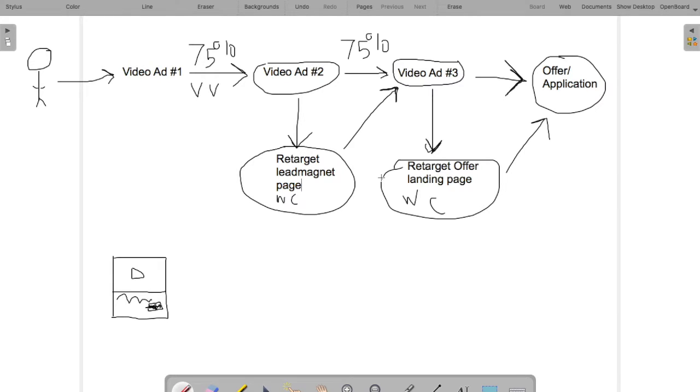So let's talk about how to maximize this video funnel so that you understand how to really maximize every single marketing dollar that you spend on advertising. So first thing we're going to do is,